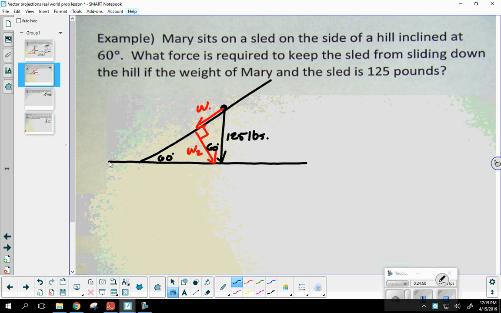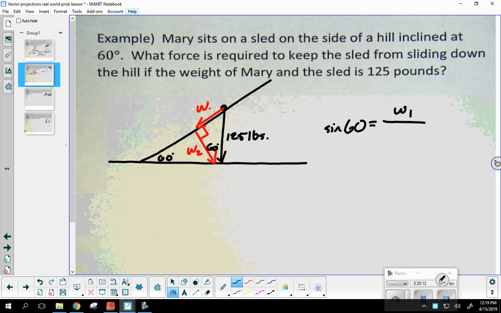Now, I'm going to be showing you a different way tomorrow called a vector projection. It sounds worse than it really is. We're going to be doing a little bit of algebra to figure that out, but it's not bad. So in fact, what expression or equation can I create based on this? Sine of what? So sine of 60